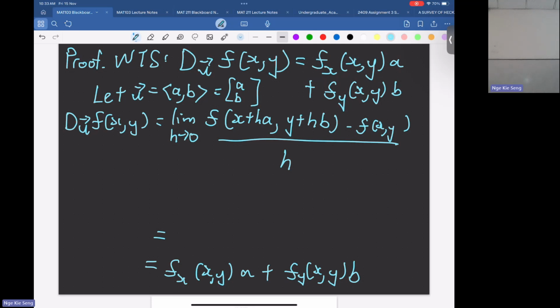How about definition? 和 linearization 和 tangent plane 有关系。知道吗？你知道吗？